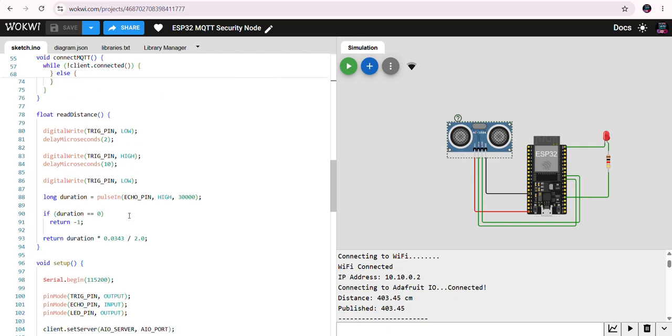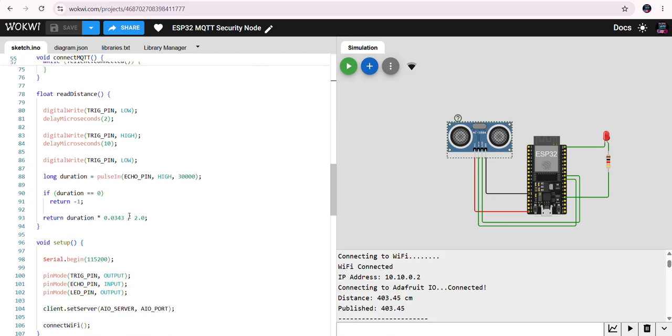Now this is the normal function of reading the distance. So the basic way in which an ultrasonic sensor calculates the distance is that the trig pin would initially be low, and then it will be high for 10 microseconds. During this time it will be sending an ultrasonic sound of a particular frequency. The trig pin will get high for 10 microseconds, and it will get low, and then from that